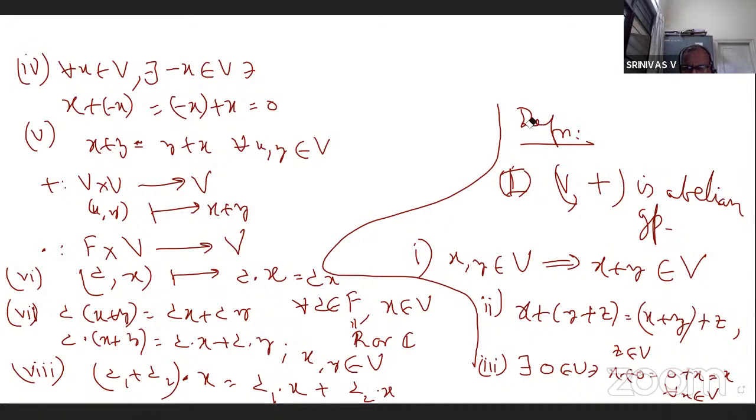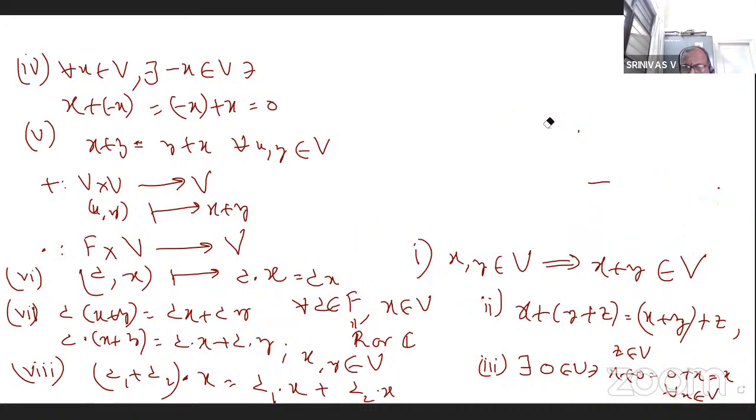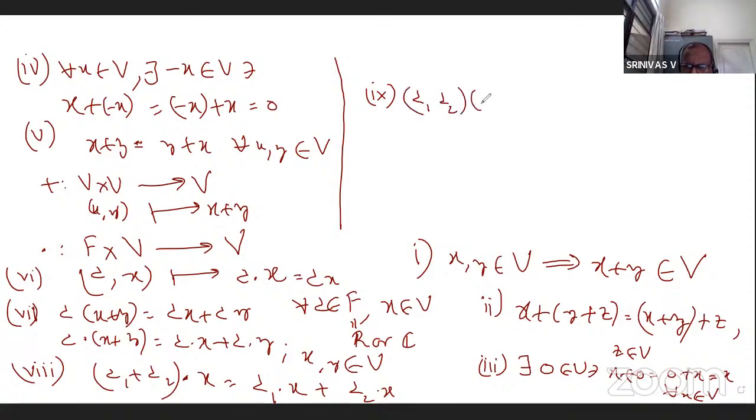Then we have a couple of multiplication properties. This is 9. We want c1 c2 into x is equal to c1 into c2 x is equal to